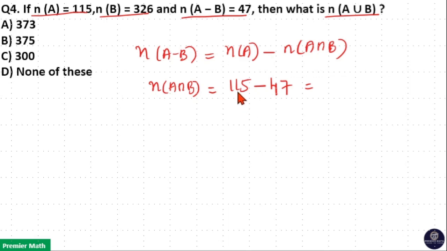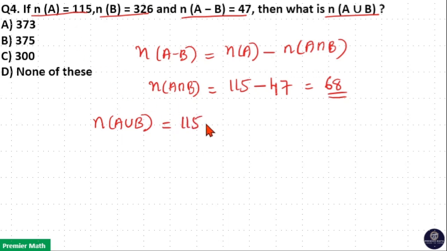So 115 minus 47 is 68. So A intersection B is 68, which means A union B is equal to